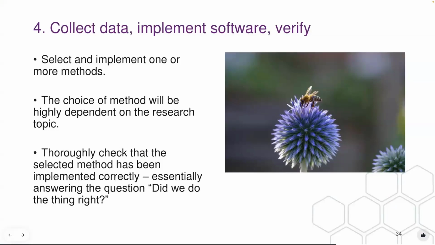Okay, and step 4, this involves collecting data, implementing software, and verifying your process. So you're going to need to select and implement one or more methods. Many of you might have thought a bit about these methods in step 2, so maybe you wrote down something to do with web scraping. I definitely saw a few that had sort of implicit web scraping methods, or it could be sentiment analysis or agent-based modeling. This is the step where you implement those methods and make sure that they work in the way